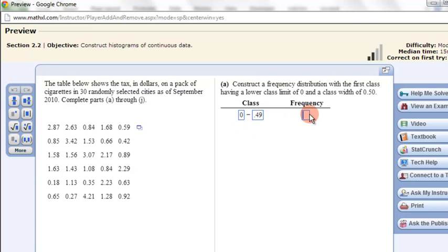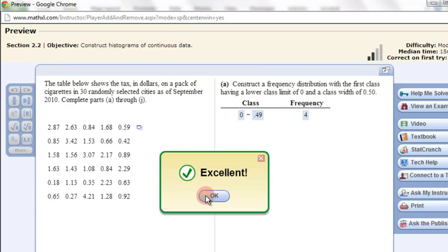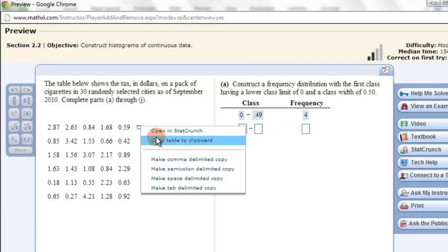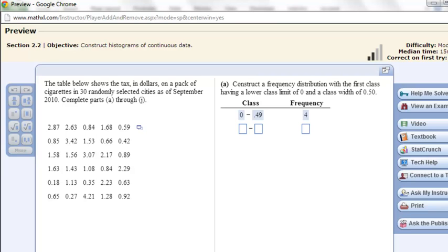All right, and then basically the frequency is how many there are. And so you can hand count them. I think there's 4 if you count all those out. And I got it right. And then you go on and you do the rest. All right, but what we can do is copy and click this, and then we can paste it into Excel